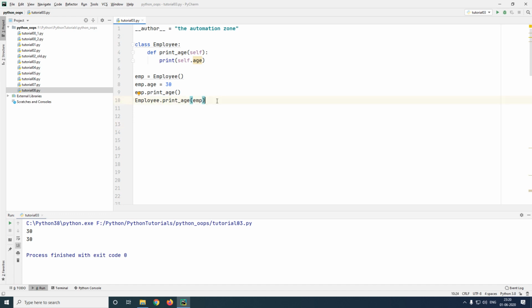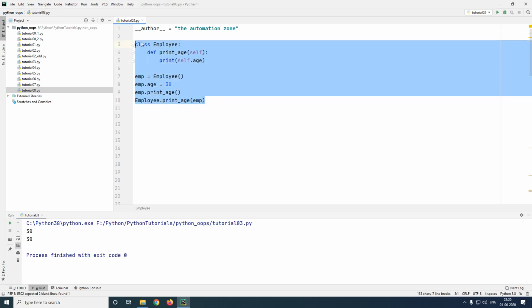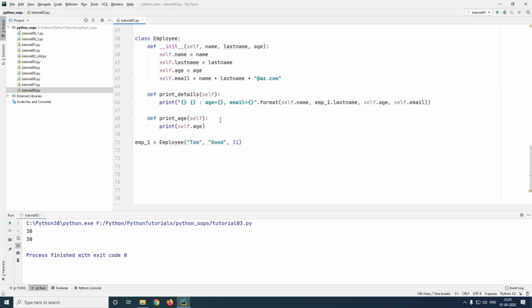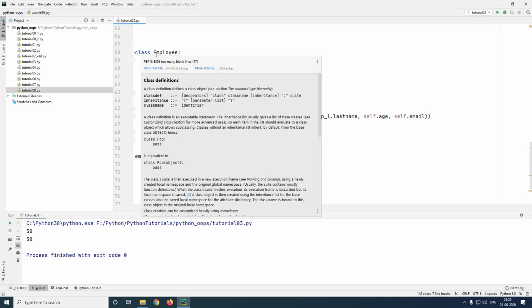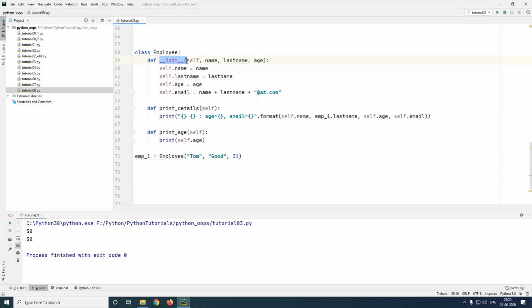Now that we have understood what the self parameter is, let us look at a much more complicated example. Let us look at an example from our previous tutorial. Here I have a class of employee, and let us try to understand the constructor, or the init method, using the exact same logic. Now the init method also has a parameter called self, and as we have learned, whenever we call a function, the object is passed as the first parameter. Remember, the first parameter. So self here basically becomes employee1, and to understand this I can replace all of the self inside my function with employee1.